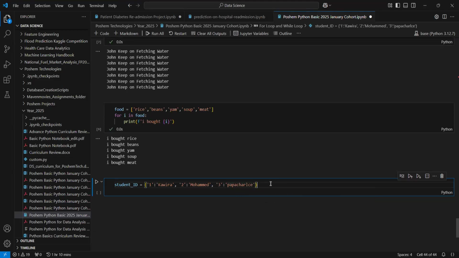Now, I want you to understand that a dictionary has a key and a value. What is the key here? This is the key, and a value, right? Now, if you want to iterate over a dictionary, you must identify the key and the value. You say for key, comma, value, or you can do for I, comma, J in student